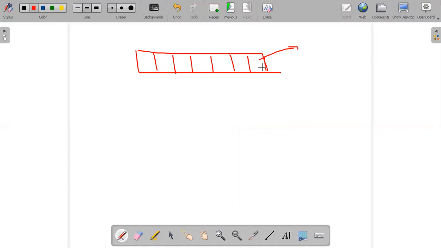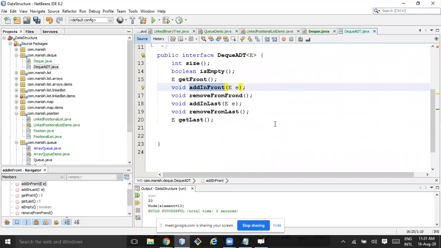Remove front will remove it from here. Add last will add here. Remove last will be here. Front element will be this one. Last element will be this one. So both stack and queue can be implemented using this deque, right? Okay, let's play around.